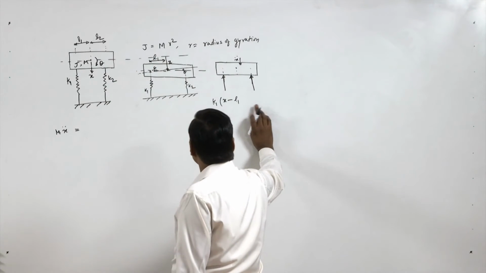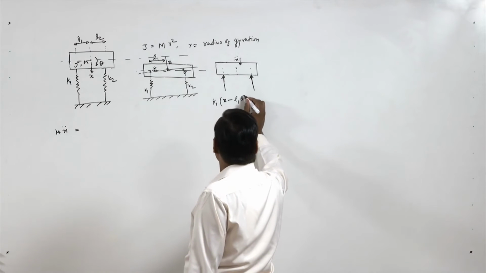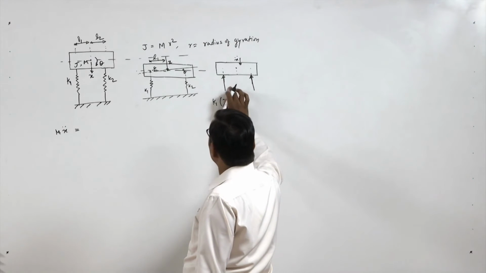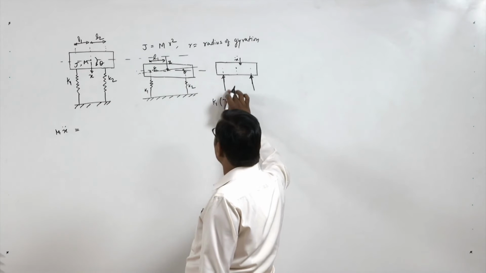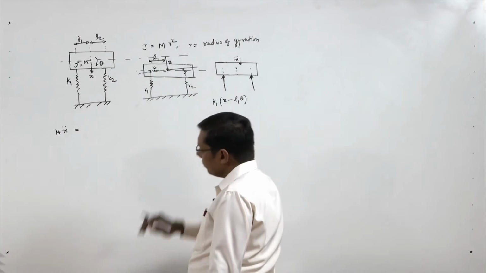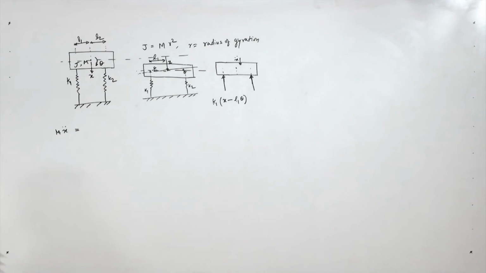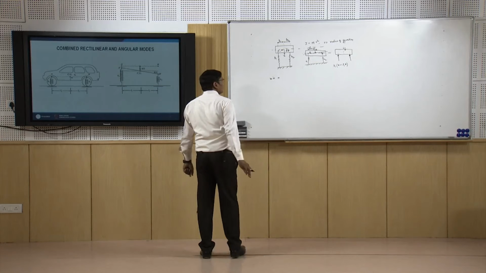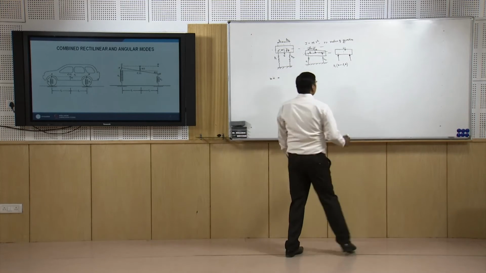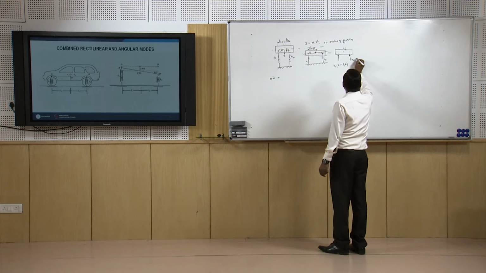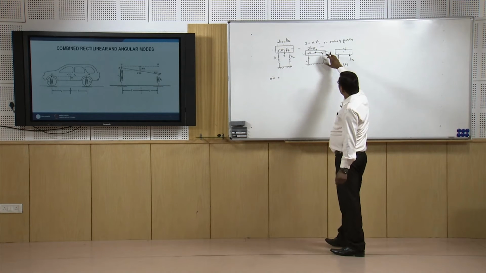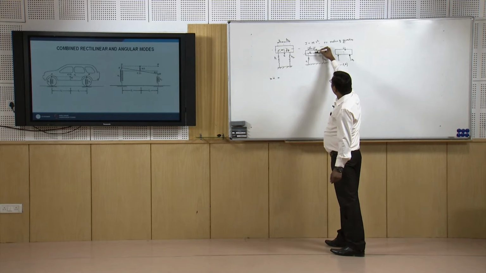So x minus L1 theta is the force that will be applied from this spring. Now what about the other spring? Again K2 into the compression. Here it is compressed by x,